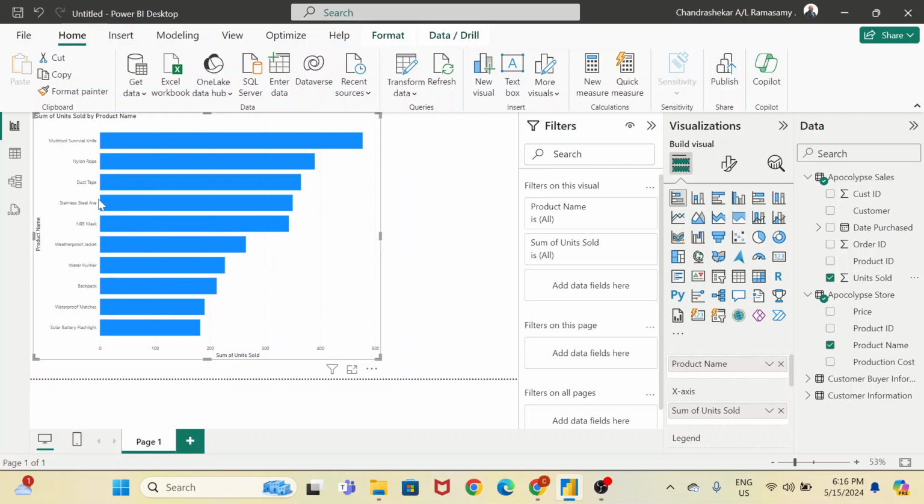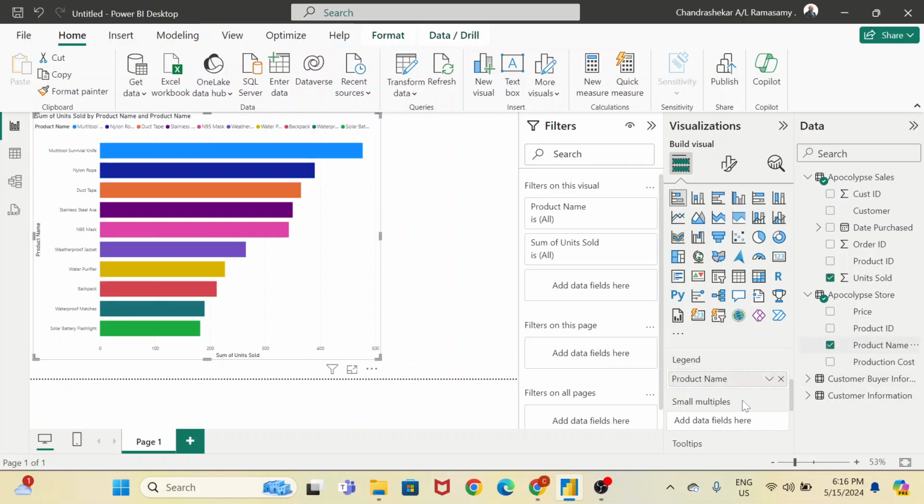But then if you want to make each product name here with a different color, there's another slot here for us, legend. Legend means you're going to differentiate units or things in different color. If you try to click product name and put it here, you can see it has different color now, and it has a legend here. Light blue is multi-tool, dark blue is nylon rope, something like that you can see here. All right, that is regarding stack